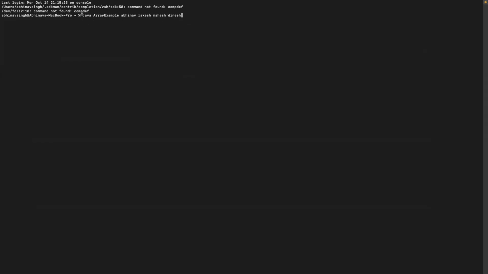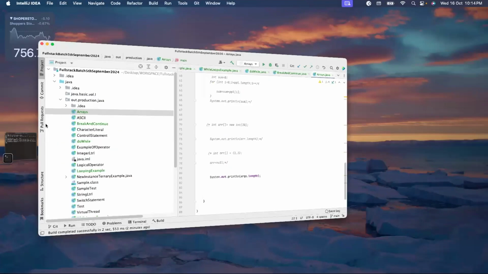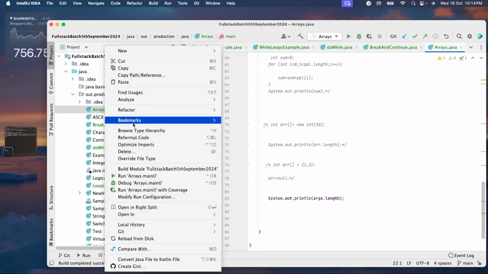Right now we are not running through the command line because we are using the IDE. So in the IDE we have a provision to pass arguments like this, which I